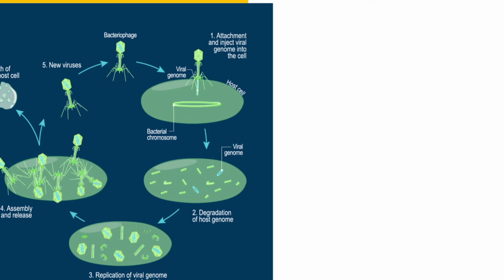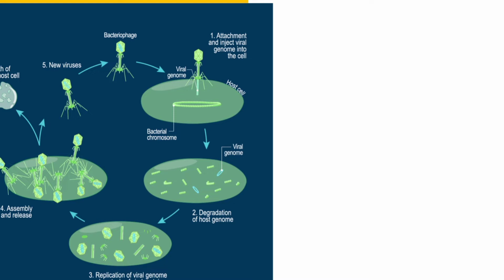So the first process is adsorption. It is just going and sitting there, landing on it, pinning its basal plates to that particular bacterium. You can see how it is pinned, right? And then in the second process, what happens? Penetration. Here, when the bacteriophage goes and sits on that particular bacterium, it breaks its cell wall and inserts its own DNA inside it.